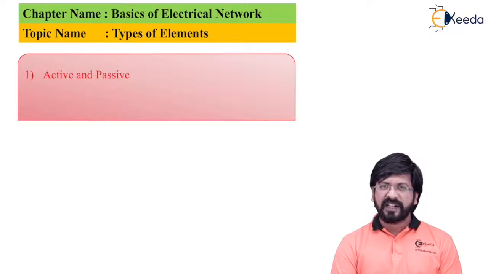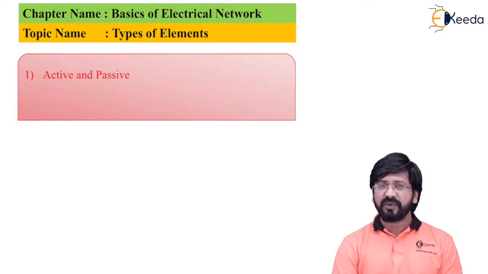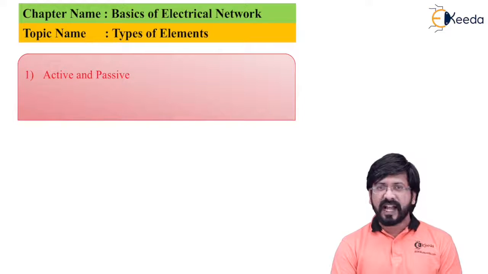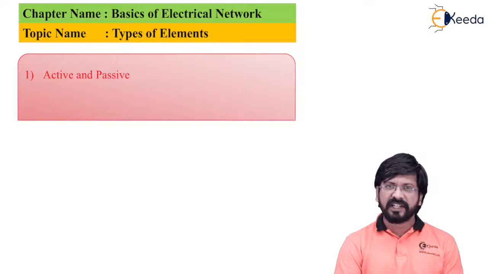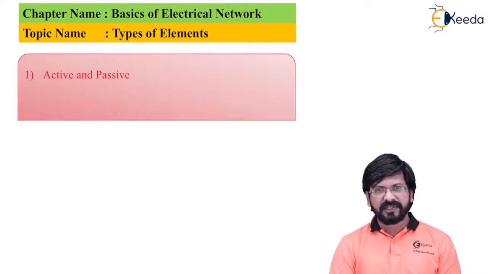For example, resistors, inductors and capacitors can be considered as passive elements because those elements don't raise the energy level of the signal. Have you ever seen any element which is raising the energy level of the given signal? Yes, of course, it is amplifiers. Amplifiers are going to amplify the signal, meaning that it is going to raise the energy level of the given signal which is passing through it, and therefore they can be considered as active elements.